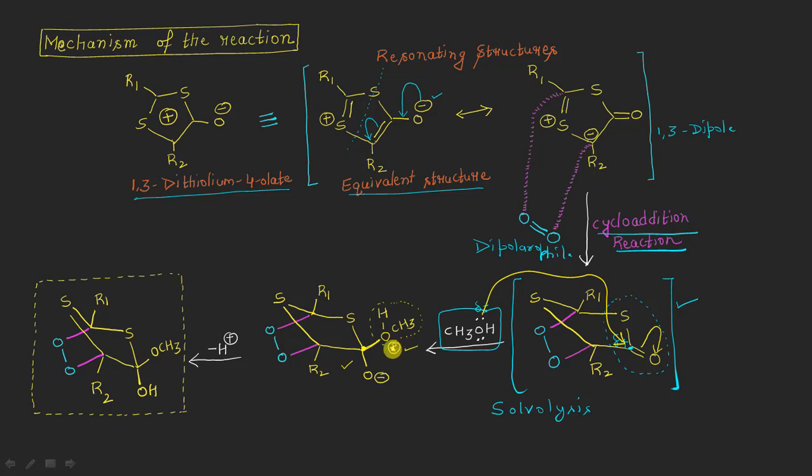And as usual, because the oxygen is electronegative and not happy to have a positive charge, it will release this H positive ion from itself, such that it will become an OCH3 group here, and this oxygen negative of course will accept a proton from the solvent, resulting in the formation of this type of OH here, right? So finally, we will end up with a molecule by the reaction of the methanol, that is our solvent, with this cyclic adduct, and the reaction is this solvolysis reaction, resulting in the formation of this type of cyclic adduct.